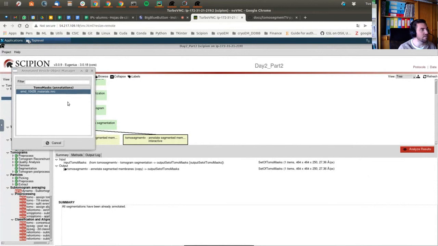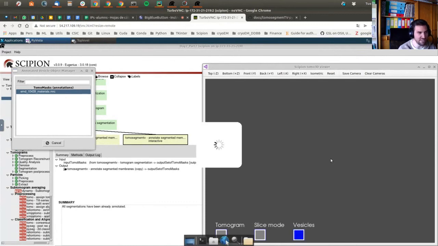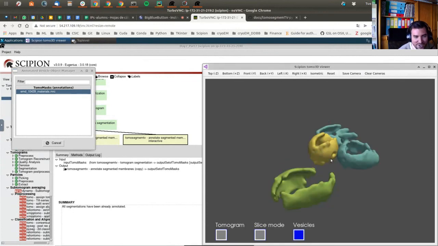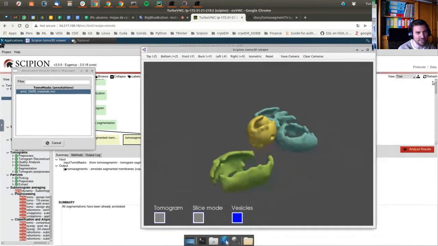And oh, I think my machine didn't like this. Okay, vesicles, let them render. Tamara, can you click on the refresh button here? If it remains in pending state, just